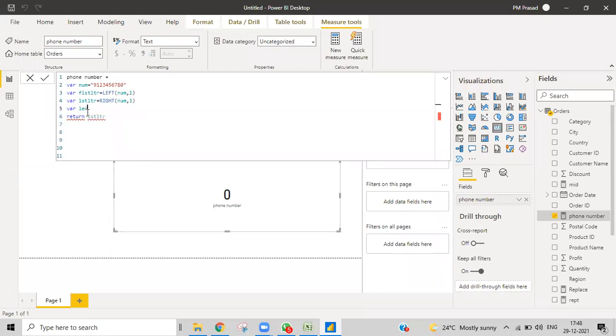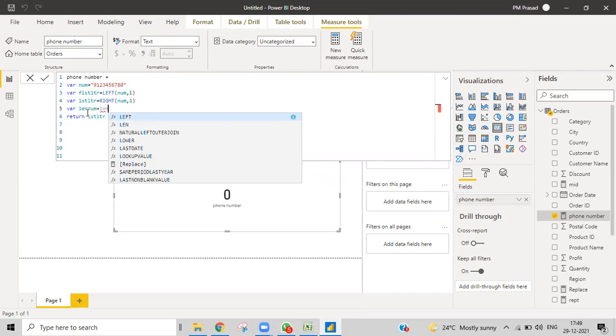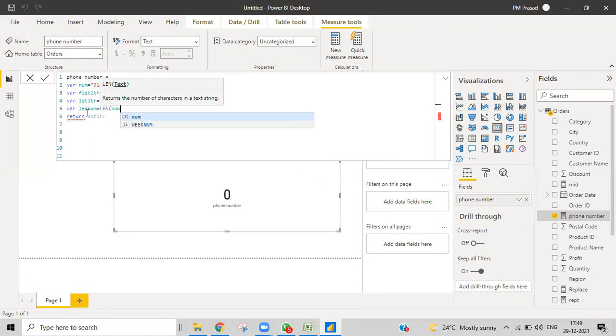Length of that particular num. Length num, I'm trying to give that. So obviously length of num, tab, and then I pressed enter. I'm sorry. What I'll do, Control C, and then I'll show you. I'm showing you the output every time. It's not mandatory to write it every time, just to make sure what we'll get.